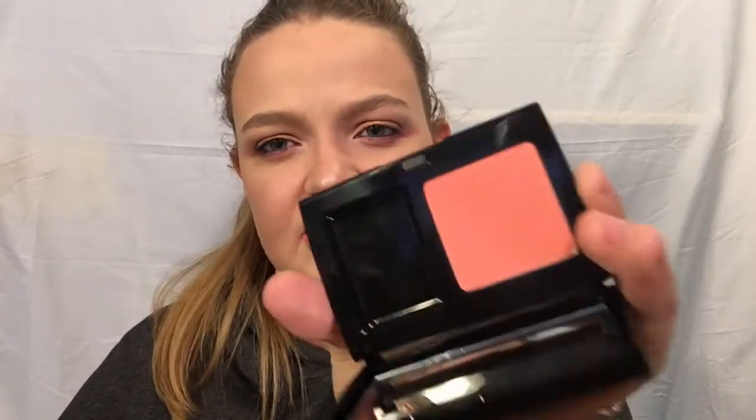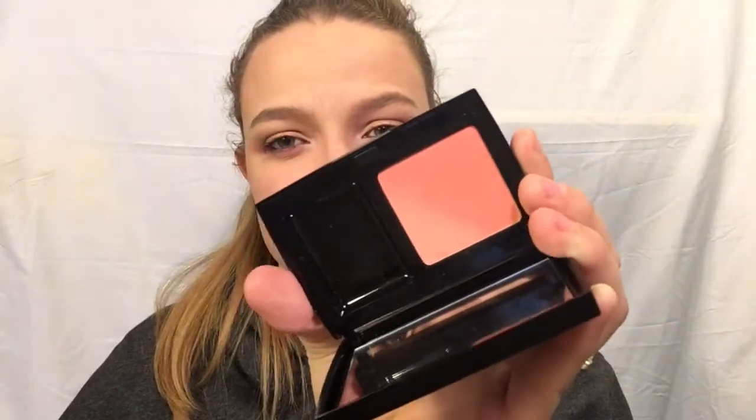This is the More Norman Lasting Cheek Color in Razzle Dazzle. I believe I talked about this also in a video of mine. I'm not entirely sure. This is what it looks like. I think swatching blushes and bronzers is absolutely terrible, like worthless, because you can't even see them half the time. But that's it right there. It is so pretty, and it is a lasting cheek color. It will last